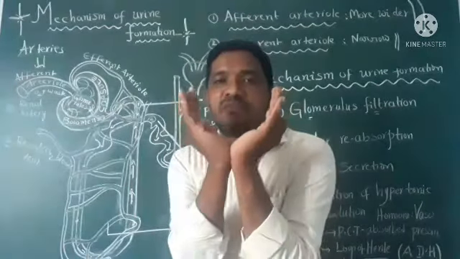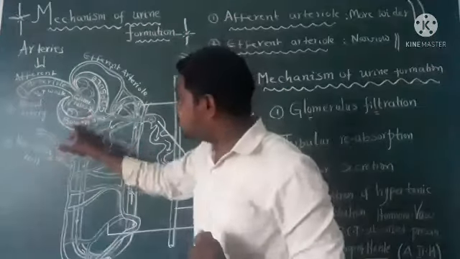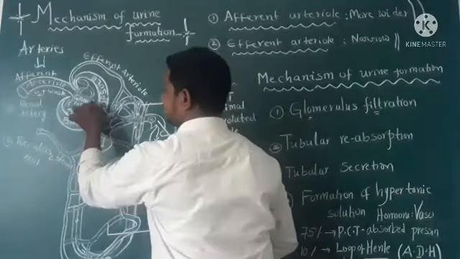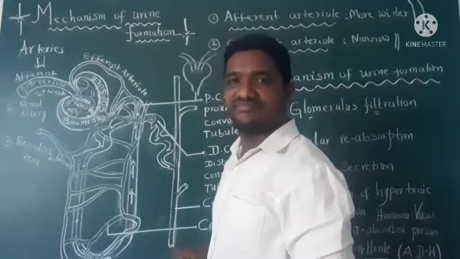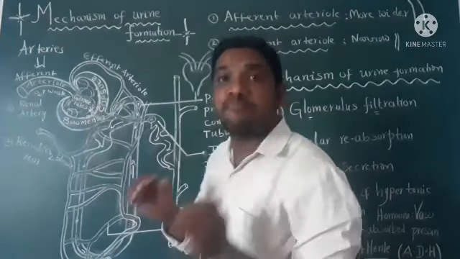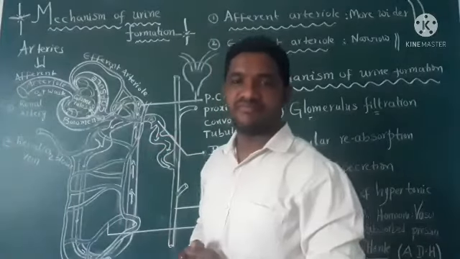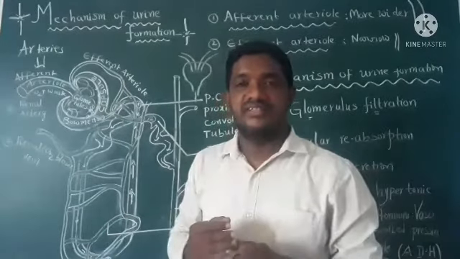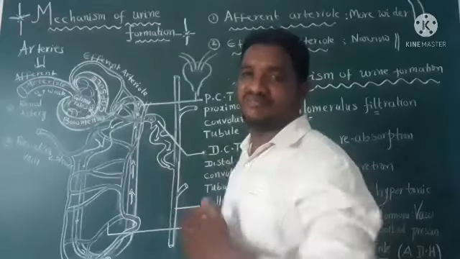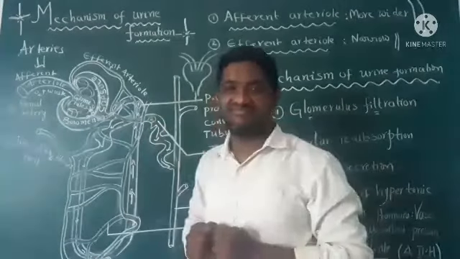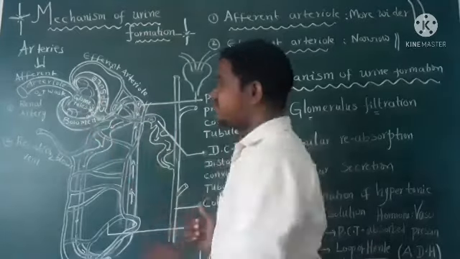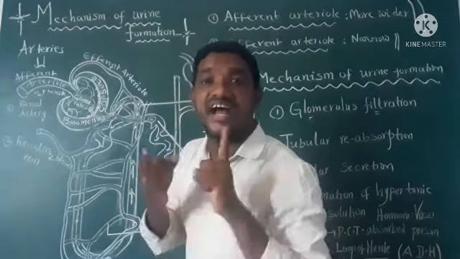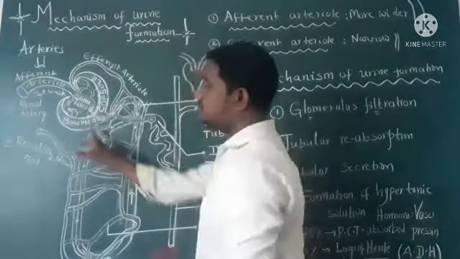See, a blind cup-shaped structure is called Bowman's capsule. Bowman's capsule has holes. Keep that in your mind. It is made up of podocytes, which is very important. The substances pass down through the holes only. Filtration is going on due to pressure. Then useful nutrients, waste products and water molecules pass down through Bowman's capsule